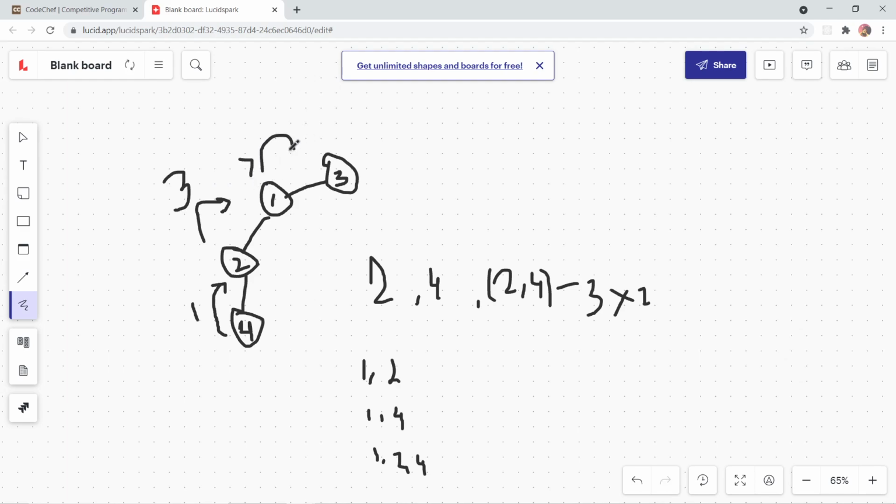He forwarded to this node and he says that okay, you are giving me 7, I can double that up plus 1, which is 2 into 7 plus 1, which is 15. So he says that okay, I can make 15, and he returns the output as 15. So that's how the output comes.